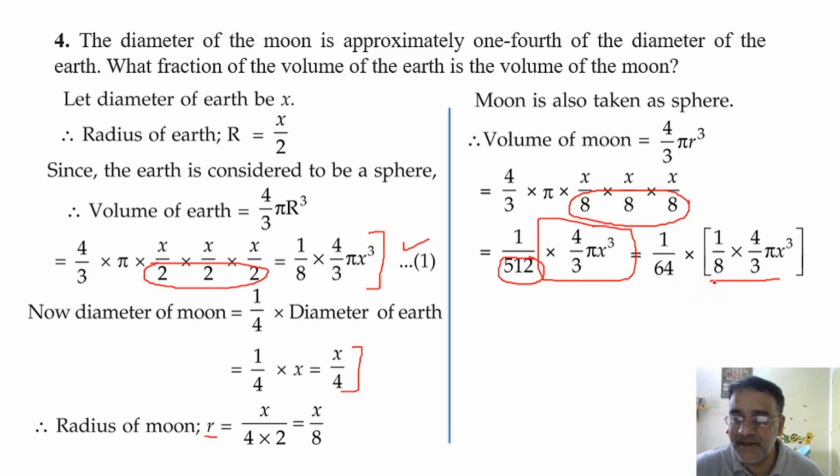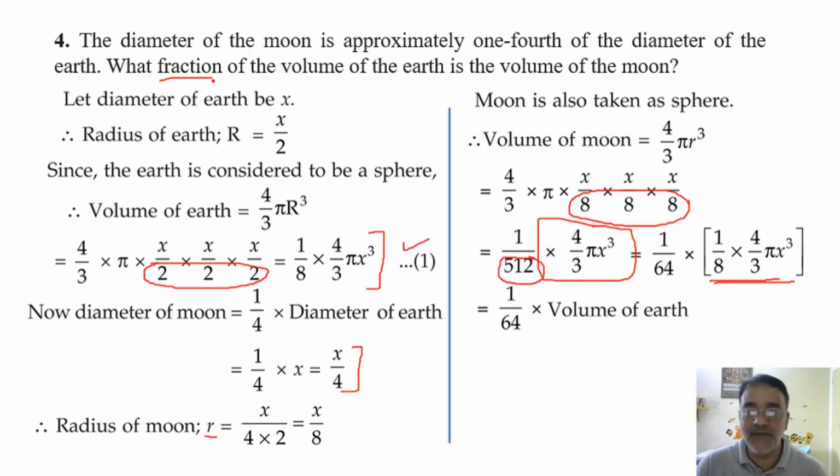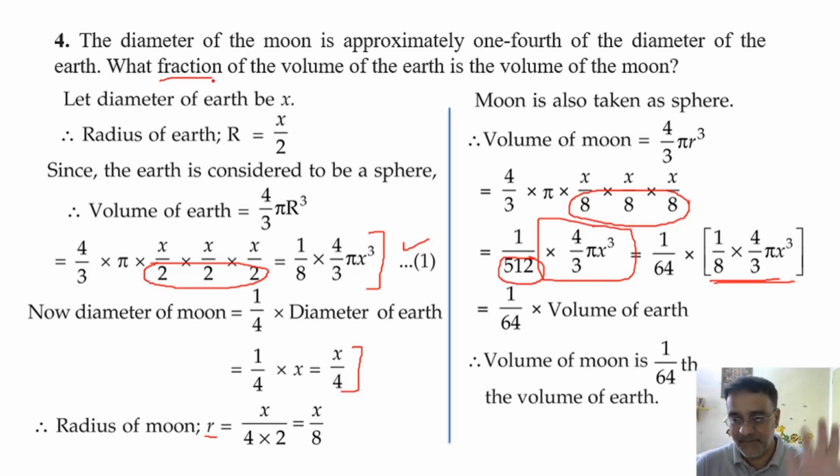Now this is nothing but the volume of earth. So that means volume of moon is 1 upon 64 into volume of earth. So therefore the fraction has been asked actually. Therefore volume of moon is 1 by 64th the volume of earth. This is the answer. Any doubt? No, sir. Okay, now we are moving towards